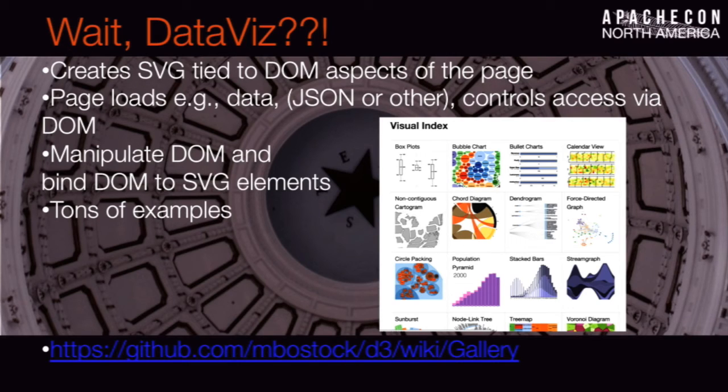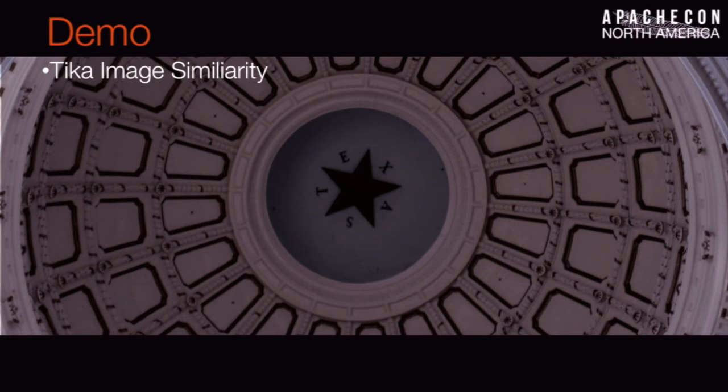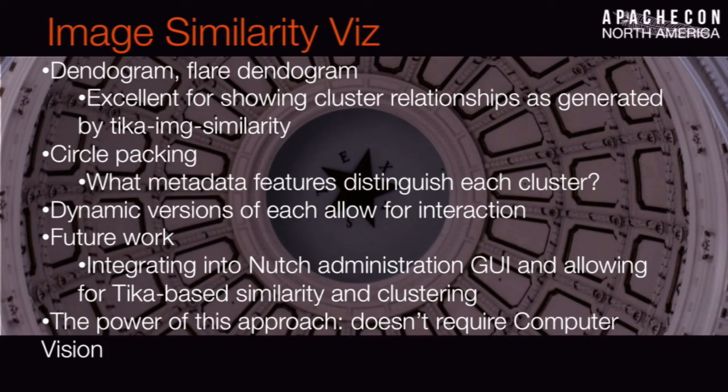I typically give my students in my search engines class D3 as an assignment: go implement 10 of these gallery visualizations. These gallery visualizations are great, and I'm linking them here on the wiki. You can go to the wiki, get the HTML code, look at what JSON you're supposed to generate to use D3, and reverse engineer it from that. As long as you can spit out that JSON, which is all I'm doing in Tika image similarity, you can use D3. So this is technically where I was going to give the demo, but I did it early, so whatever.